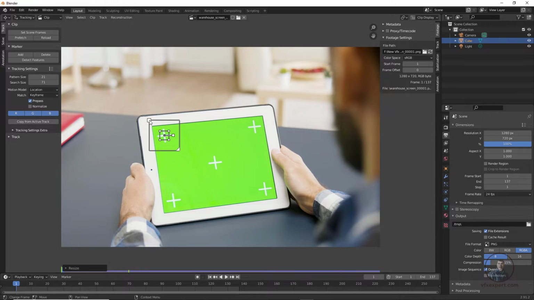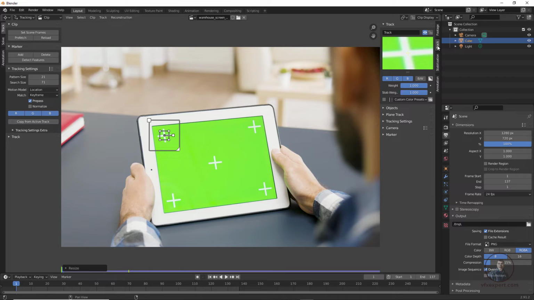So this is our pattern size and pattern area. Then you can adjust it, maybe on the right side in the track option. So easily we can place it here. We have to place it and scale it a little bit. Then after this we have to open our track option. So we have to track forward and track backward according to our playhead position. So here I have placed my CTI at the starting frame of this timeline. So we have to click on this forward track here.